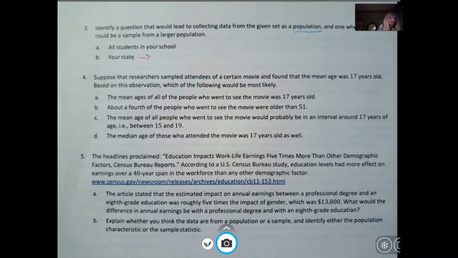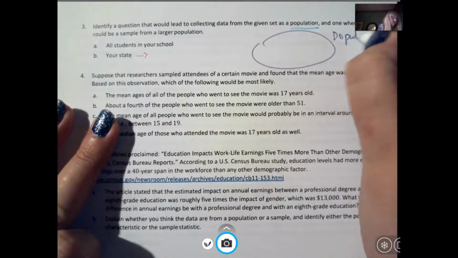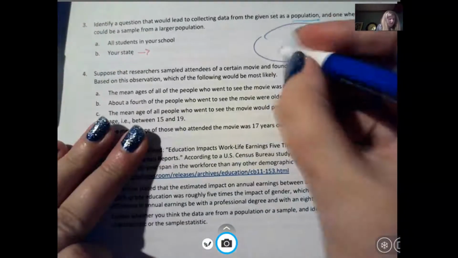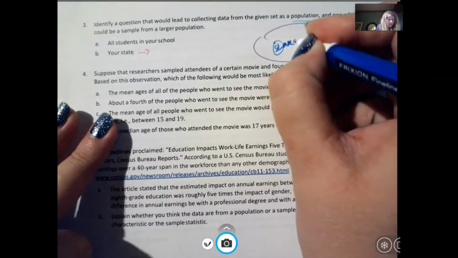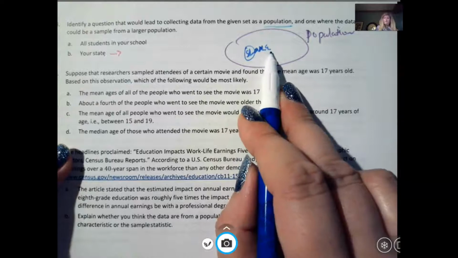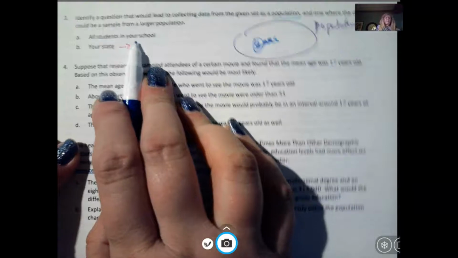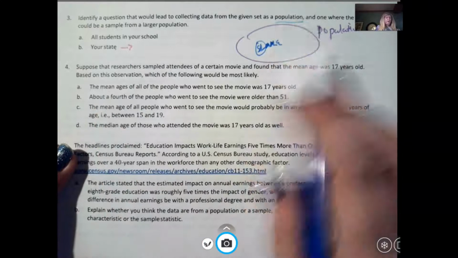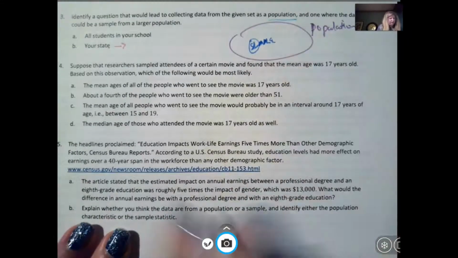And again, I'm going to draw that same figure I keep drawing. What is the entire population, and what is the sample? Okay. So if I'm talking about all of the students in Tennessee, then our school is a sample. But if I'm asking about what is the favorite food for students in our school, then our school is the population. So this diagram I think is very helpful.